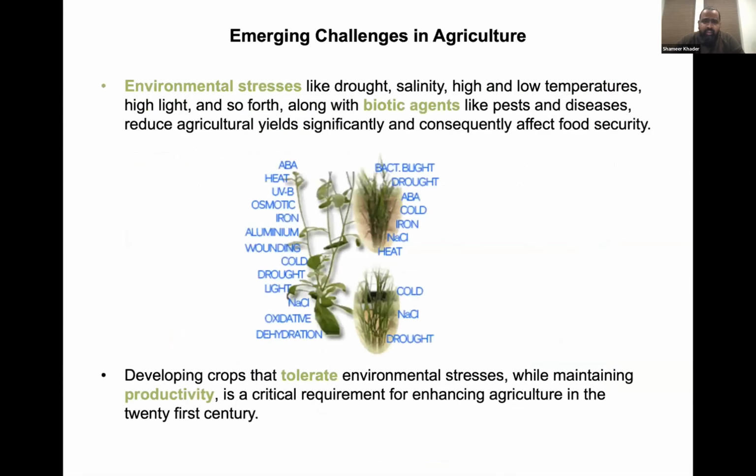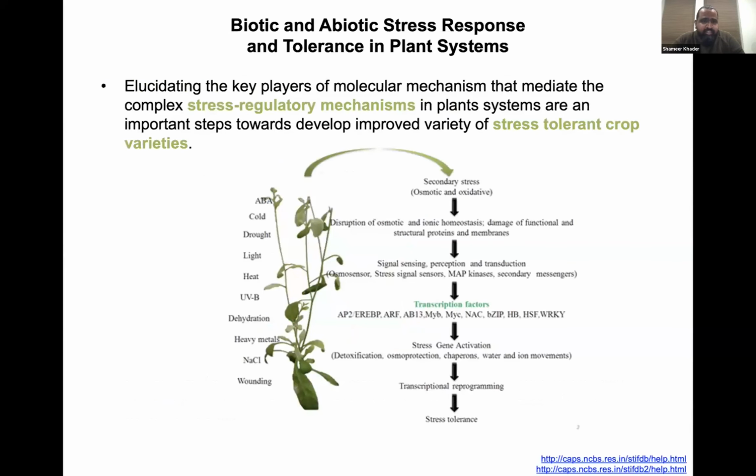And in a way, plants are at constant risk of a variety of stress. This could be environmental stress with biotic agents, or abiotic agents, but ultimately this stress will affect the plant biology and ultimately the crop productivity, which will in turn influence the way we have food security as well. And then understanding the pathways, the genes or the drivers of a variety of stress mechanisms